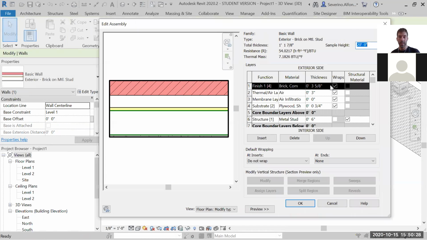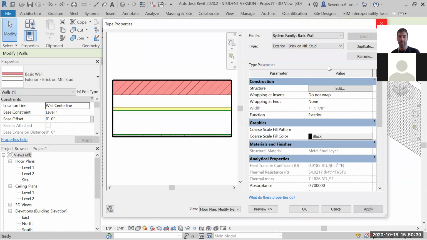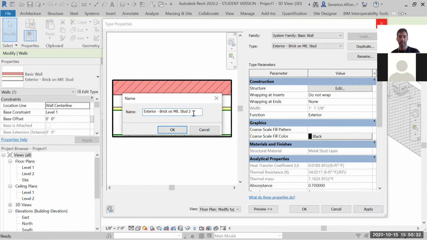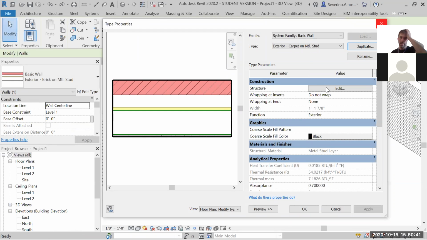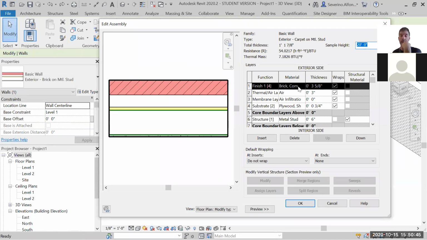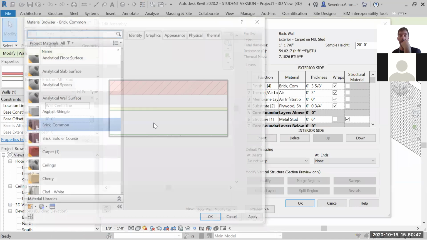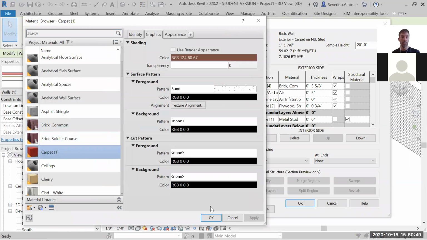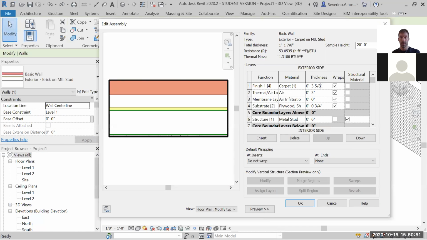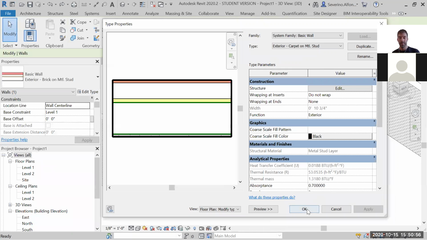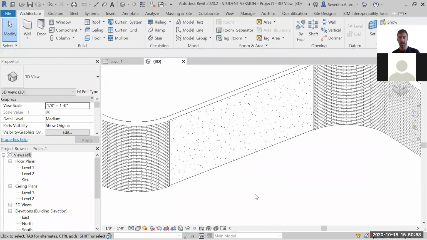I went back with Ctrl-C, and before changing anything, duplicate. Exterior, and here will be carpet on metal studs, because it's the same thing, no? And now that I edited and I duplicated and I name it the way I want it to be, I can change the layers as I want to. Half an inch. That changes